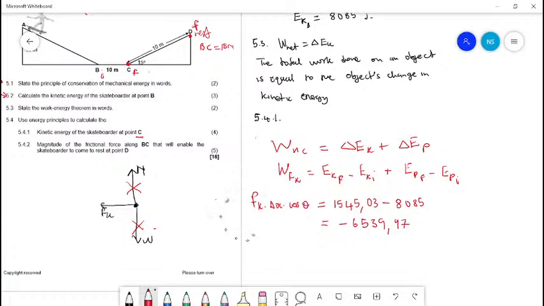And then we'll substitute our f of k on the other side. f of k is the unknown that we're looking for. The change in x is 10, and then cos of theta. The cos will be cos 180 because friction will always oppose motion. So this will give us minus 10 f of k equals minus 6539,97. And you're going to divide both sides by minus 10. If we divide both sides by minus 10, we get an answer of